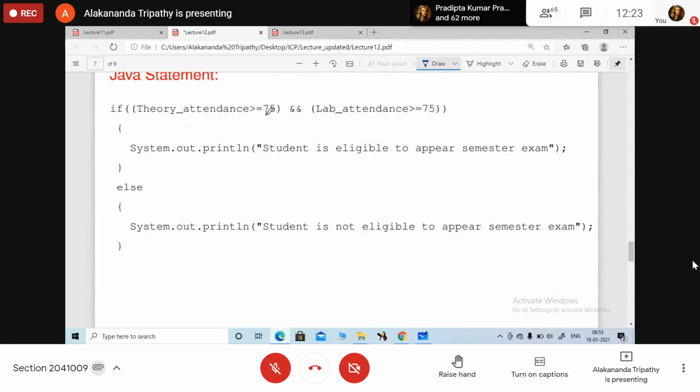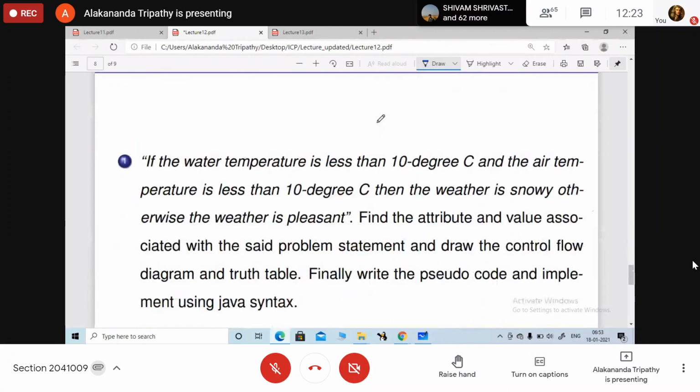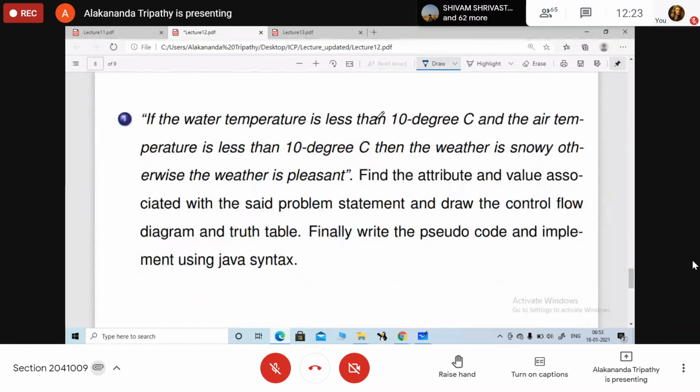So what will you do in the Java statement? Here only, just in the if clause, we are going to use either and, or we are going to use or, not equals to. In single attribute, multiple value, we are going to use these 3 types of logical statements. Are you clear? Yes, ma'am. So do this one, then we will move to the next part.